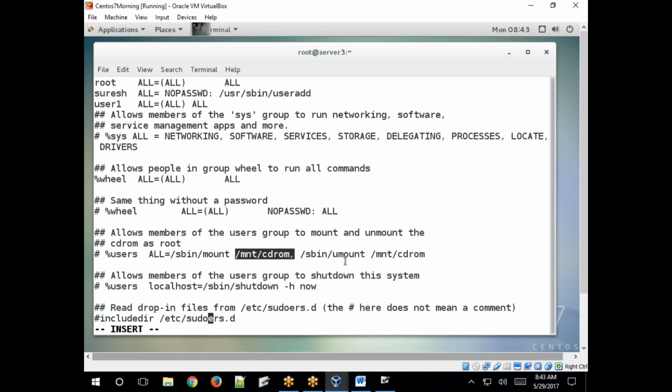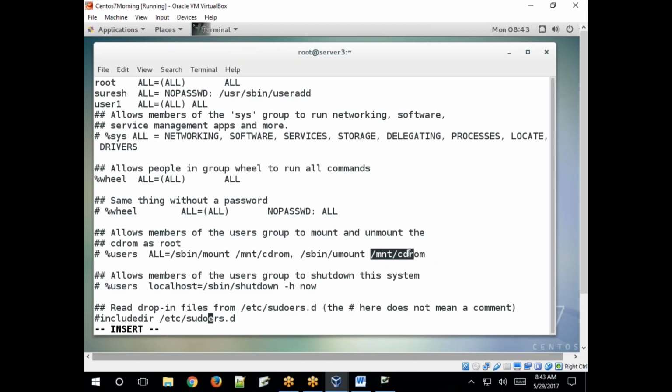What is this name? Device name. What is the device name? CD-ROM device. So if you want to allow a normal user to mount a CD-ROM, then add it like this: /sbin/mount. So /sbin/mount is the command path, the mount command path. How to identify a path? If you don't know where the command is exactly located, how to get that information? The binary location of a file. We have a command. Already we discussed it. What is that command?